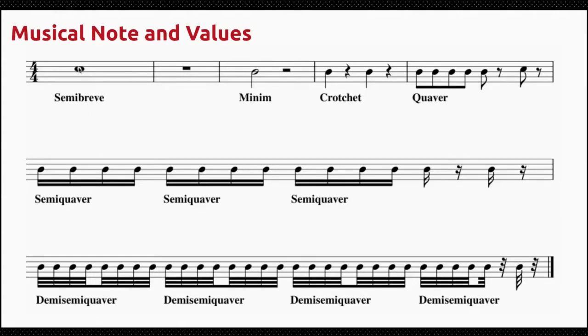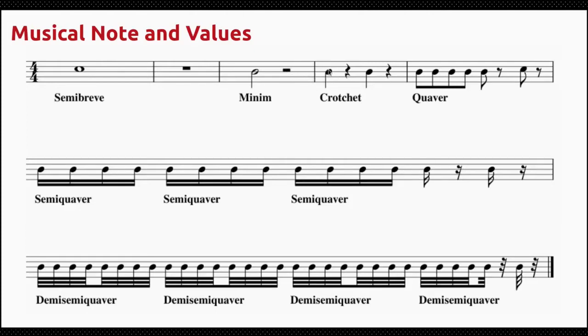So this is semi-breve, and when you have semi-breve, this is the rest. Note that the semi-breve rest hangs downwards from the fourth line, counting downwards. Can you see 1, 2, 3, line 4? The semi-breve rest is just hanging on that line 4. It's not touching the third line. Look at the minim note now with the rest. The minim rest sits on the third line, and just halfway on that space. Can you see that? This is the minim rest.